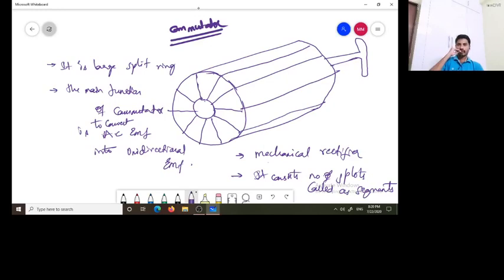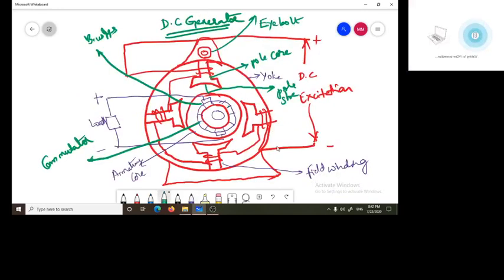So the main function is to convert the AC value of EMF into the DC value of EMF. This is the basic diagram of a DC generator, which shows all the parts. We can see from this diagram